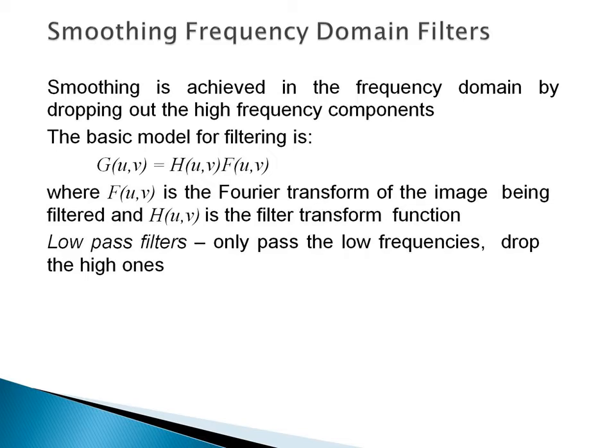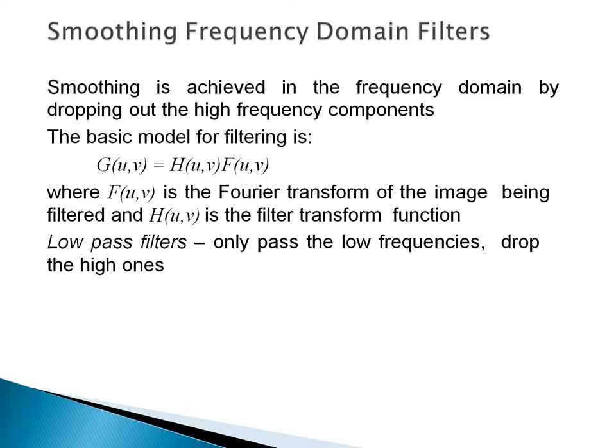So we are going to begin with some low pass filters. The edges and other sharp intensity transitions in an image are going to contribute significantly to the high frequency content of the Fourier transform. Therefore, smoothing is achieved in the frequency domain by high frequency attenuation. That means we can go for low pass filtering. So we are going to see several types of filters like the ideal filter, Butterworth filter and the Gaussian filter. They are going to cover the range of the very sharp details to very smooth filtering.